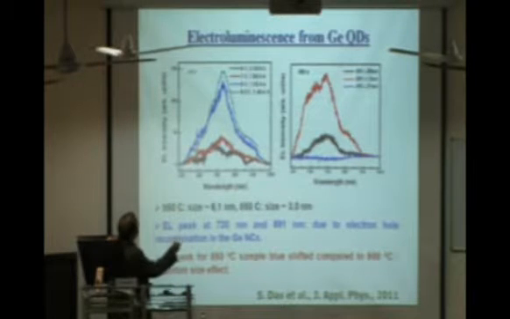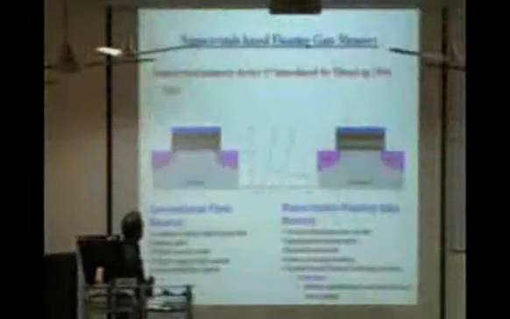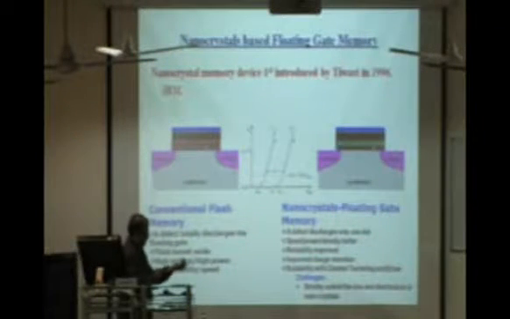This is a different sample with a little bit more defect. So this works better. And this electroluminescence peak is almost in agreement with the photoluminescence peaks that you saw earlier. And probably the last two slides or so: as I said, these quantum dots, if they are embedded and isolated, in fact, this is one of the first demonstrated in the IBM